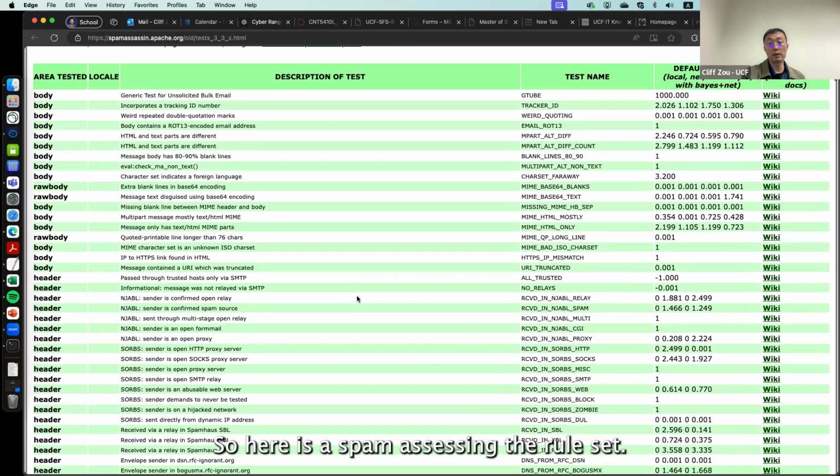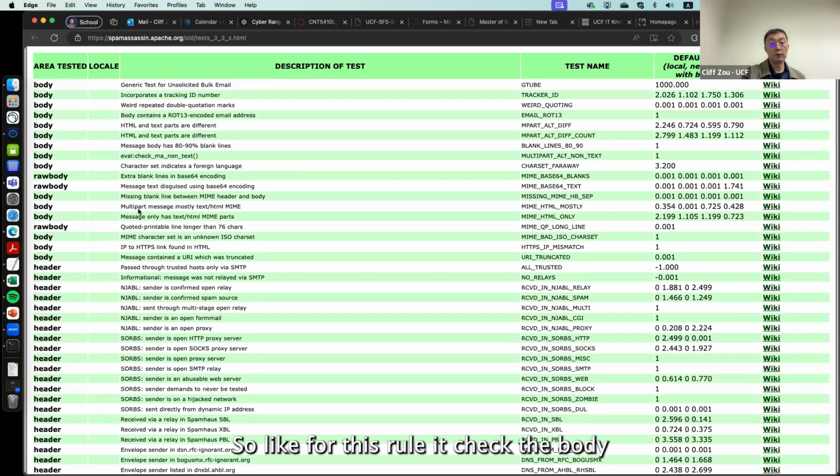So here is a SpamAssassin rule set. For this rule, it checks the body part of the email and checks whether it has mostly text or non-text. Then it will give a score for satisfying that rule. For example, this